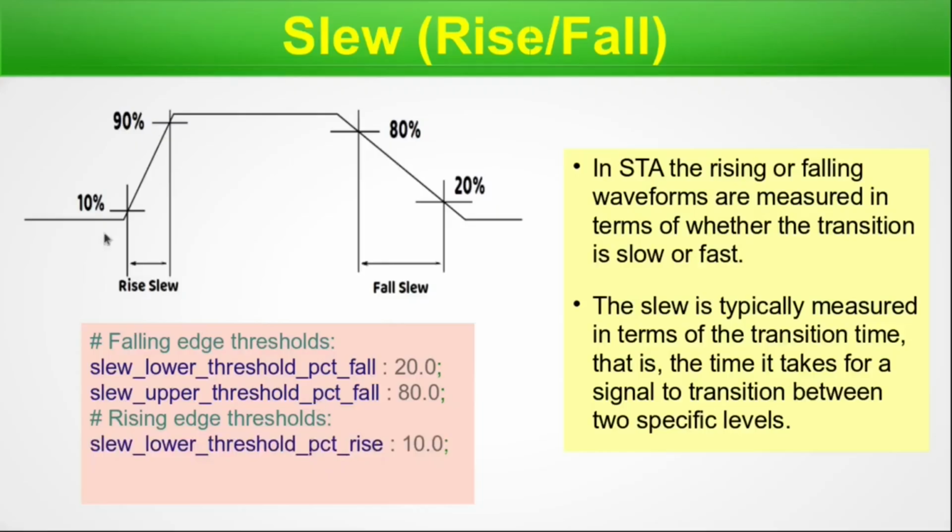Now rising edge thresholds, slew lower threshold PCT rise. So here it is 10. So you can see here our threshold, cut point is at 10%. Now slew upper threshold PCT rise is 90. So this is at the 90%. So this is the way of representation inside the .lib file,